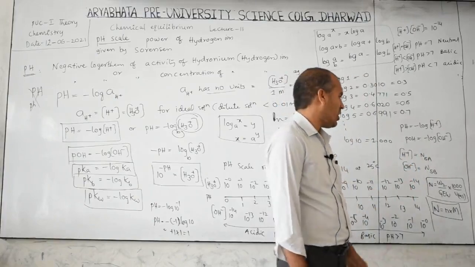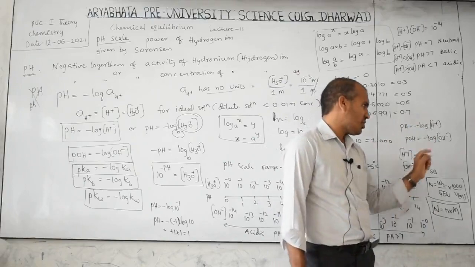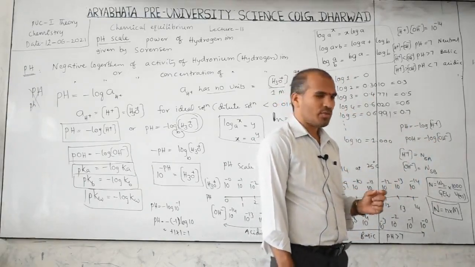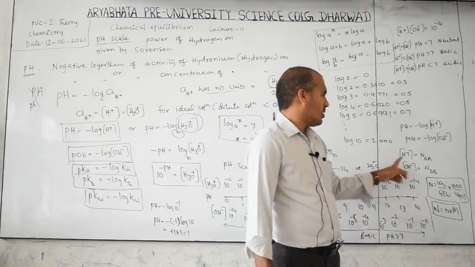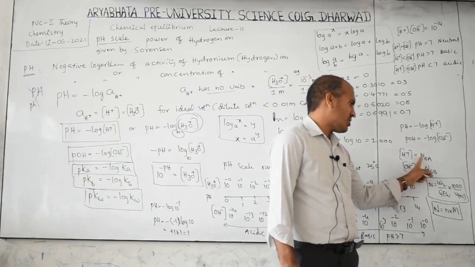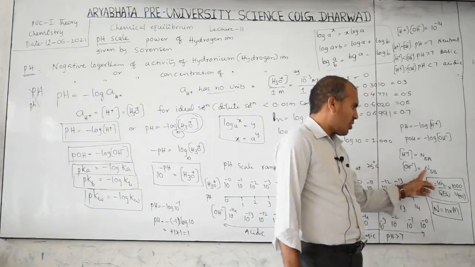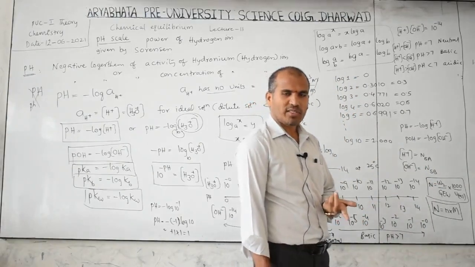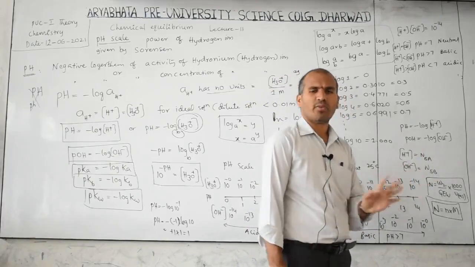Always keep in mind, in this formula, when H plus ion concentration or OH minus ion concentration is given, the concentration term should be taken in normality. So only normality is taken: H plus ion concentration is equal to the normality of the strong acid, OH minus ion concentration is equal to the normality of the strong base. Then sometimes there may be a weak acid or weak base, for which the formula is different. Otherwise simply write acid, base also, no problem.